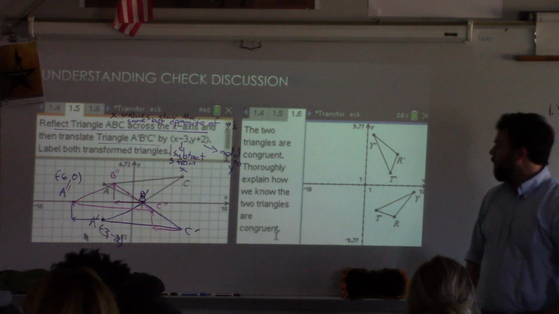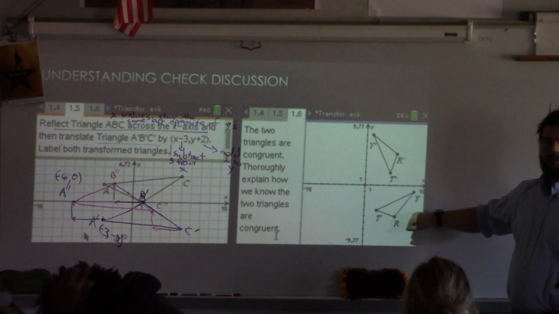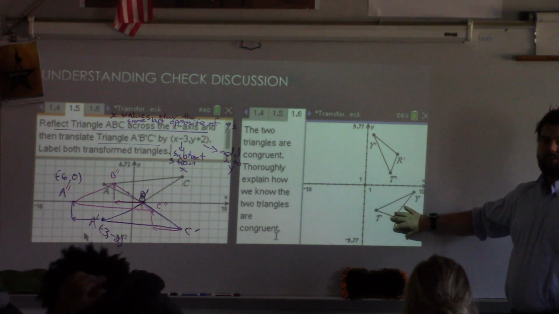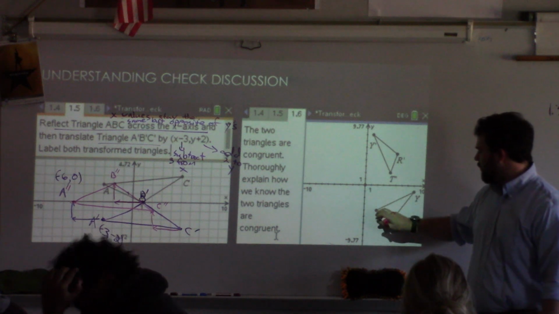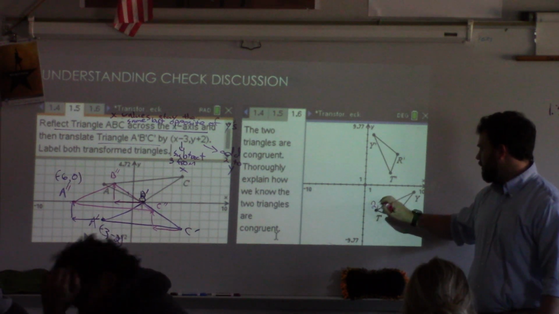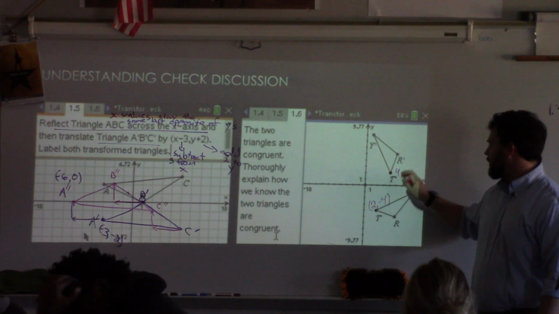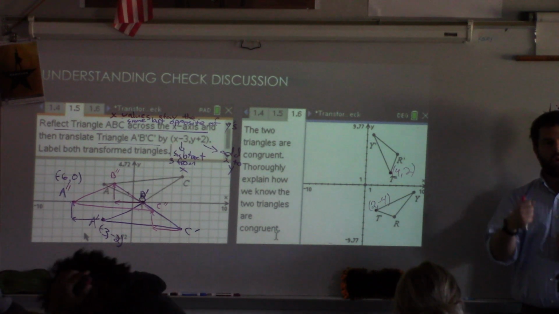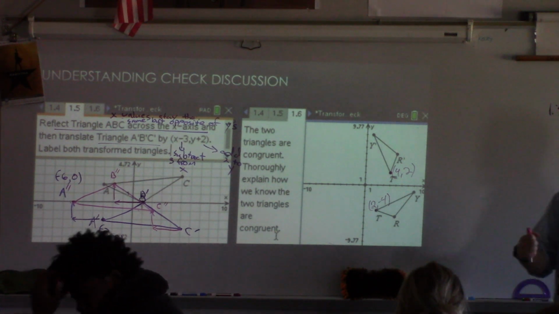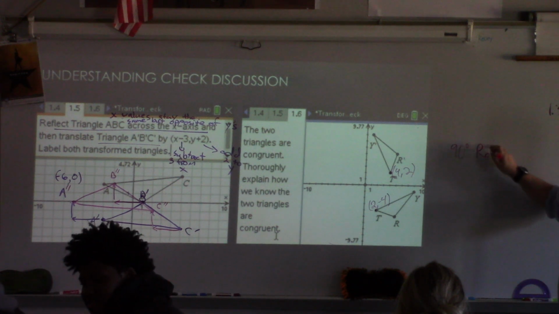What was done though, and this is what we want to pay attention to, is it was rotated. Anybody know how much? 90 degrees. If you check it, this is 2, -4, and then it became 4, 2. The x and the y switched and went into quadrant 1, so it was just positive. So this was a 90-degree rotation